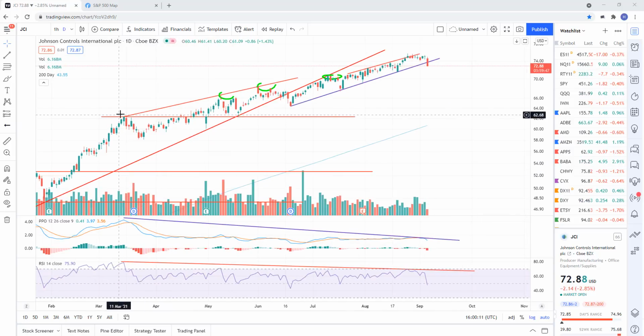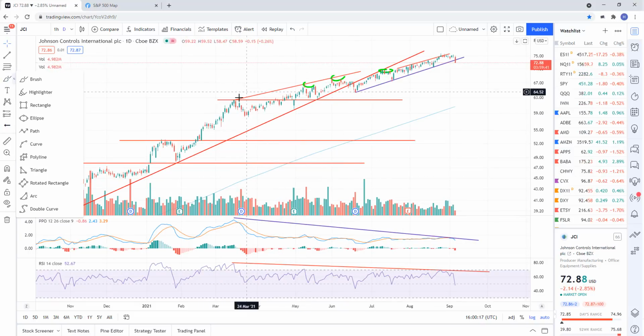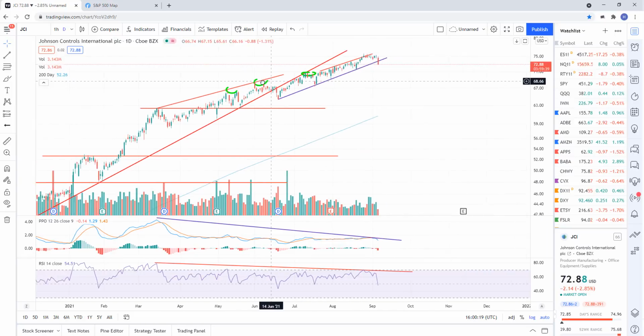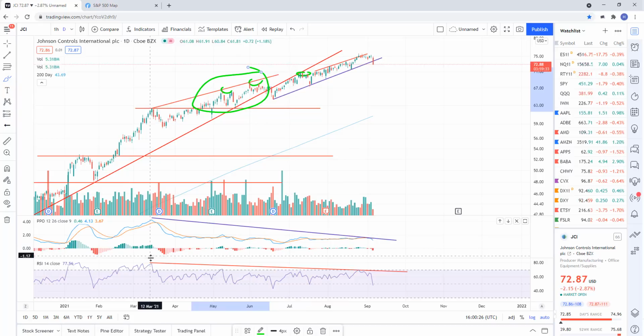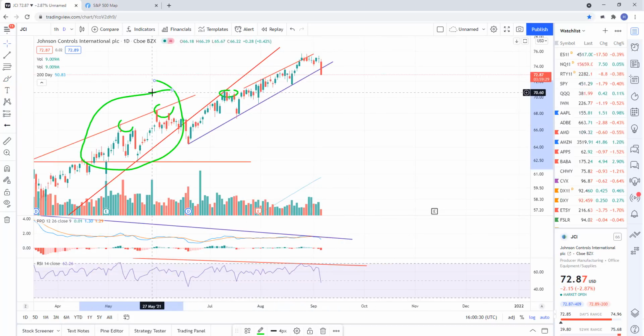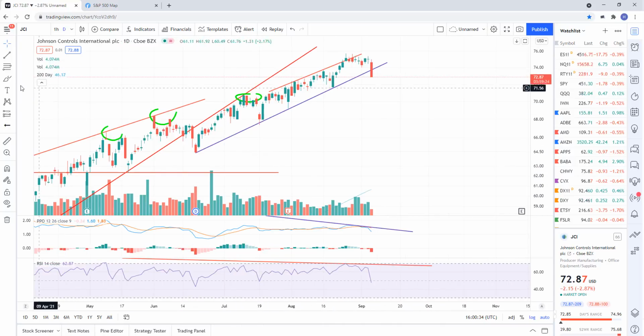Up towards the high, we started to put in a bearish rising wedge, and we started to build negative divergence for a while. So each new high that we started to make all through here, let me mark that out, was divergent highs. See how the momentum is just dropping off right there and just continuing to downtrend? So at that moment in time, we were looking for a sell signal on this stock, and we got that sell signal. It really came right here on June 17th,